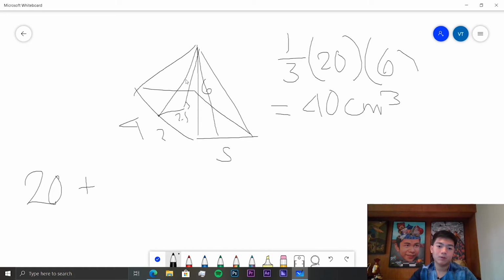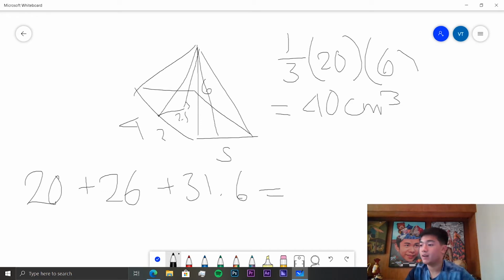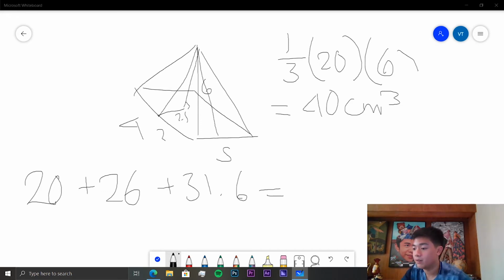And we have 6.5 times 2 times 2 for the other side, so 6.5 times 4, which gives 26 for those triangles. For these triangles, we have 4 plus 36, square root 40, and then square root 40 times 2.5 times 2, so plus 31.6, almost. So that plus 26 plus 20, we should end up with a surface area of around